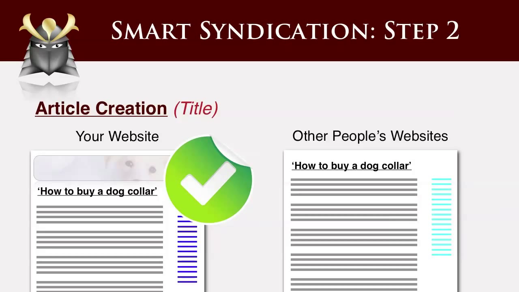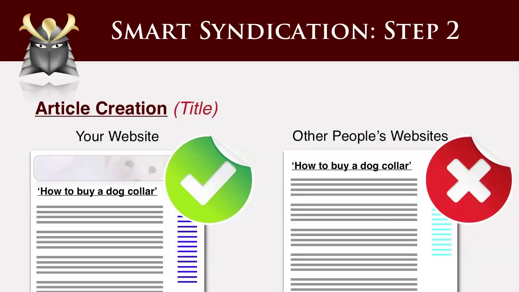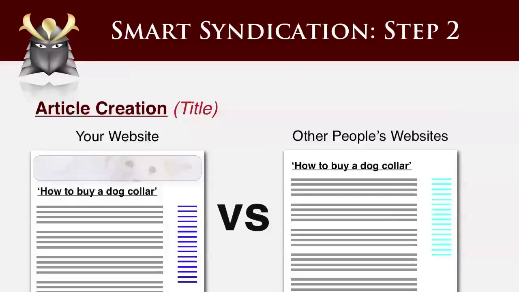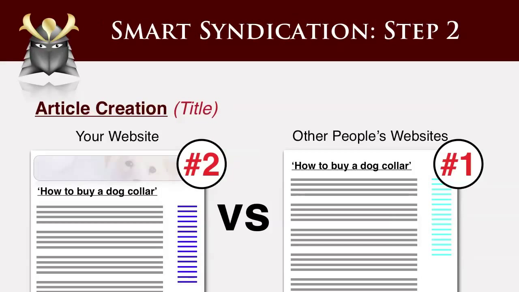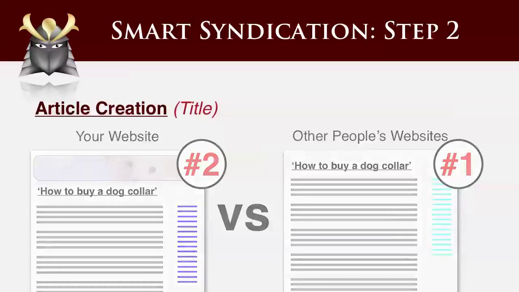Putting the keyword that you want to rank for in the title of your syndicated articles is therefore counterproductive. Each of the websites that your content will appear on will contain your keyword in their web page title, which creates direct competition for your website. If an article that you syndicate appears on a high authority website owned by somebody else, it might end up outranking your site using your own content. Clearly, that's not the best strategy.